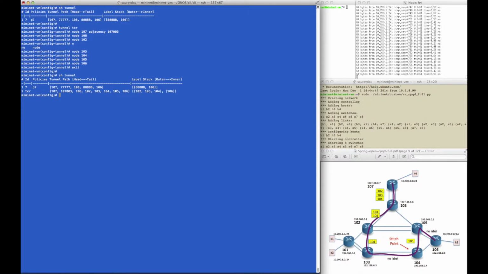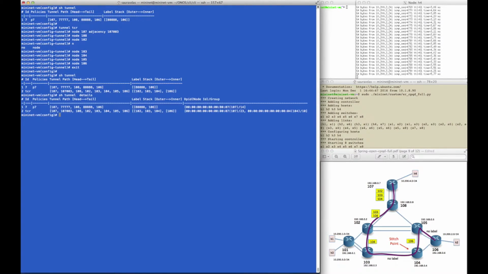So by looking at this tunnel, we see that the tunnel path we created is very long, and it reduced to a label stack which is 4 labels deep. But notice something special about this label stack. It actually shows up as 2 different label stacks. The first one, which pushes 3 labels, 102, 103, and 104, and the second one that pushes a single label,